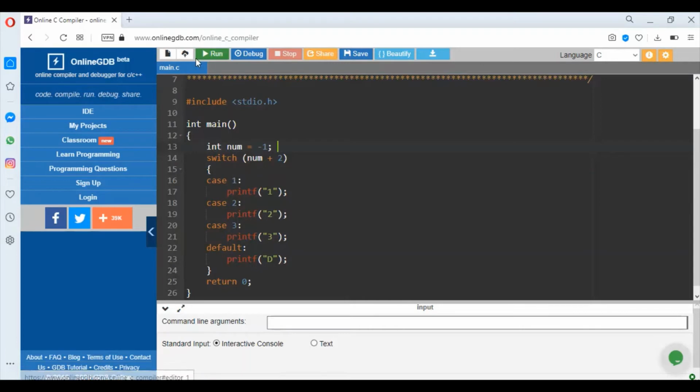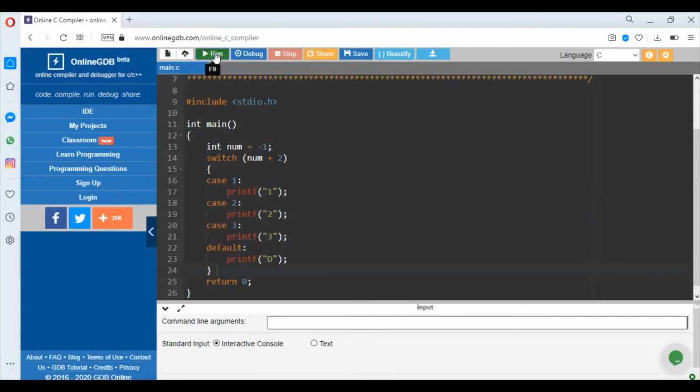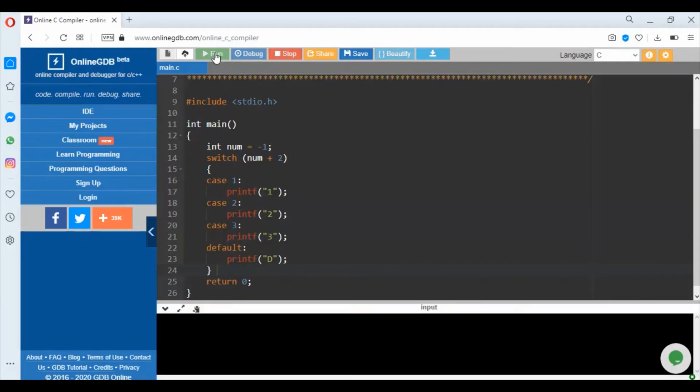So if we run this, then the statements below this case would be executed. So what will happen when we run this program? 1, 2, 3, D. All these statements got executed. Why? Because the statements below this particular case would get executed here.